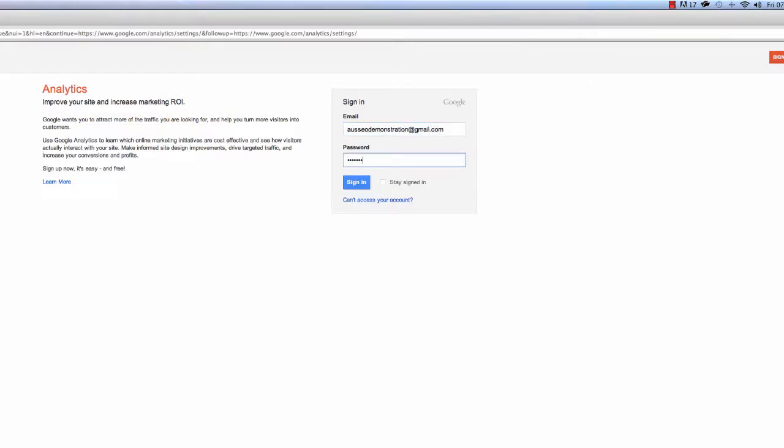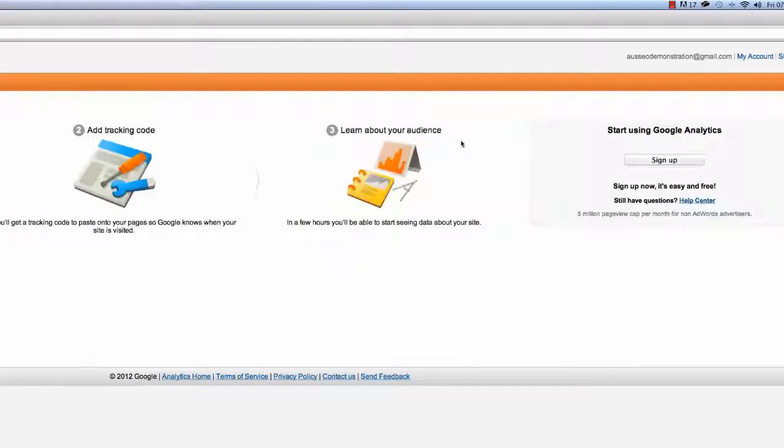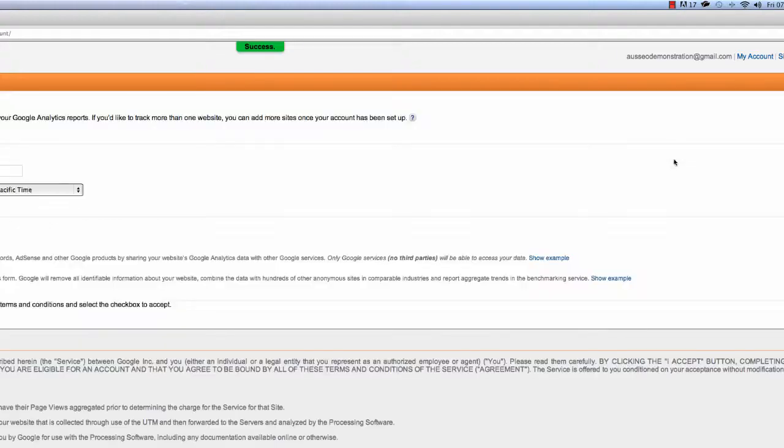Put in my email and password and we'll sign in. Okay, so that's signing in now, and this is where you start up. Now this is a brand new account, because obviously if you don't have an account yet, that's what it's going to look like for you. So we've got sign up for Google Analytics. You've got to get your tracking code and then you can start doing the reporting. So what you need to do is press sign up and that'll take you inside of Google